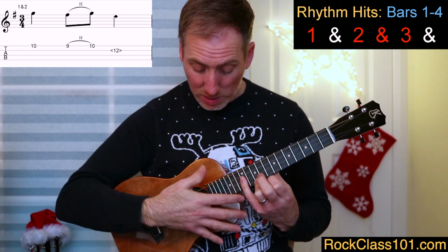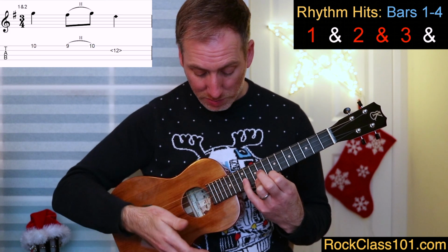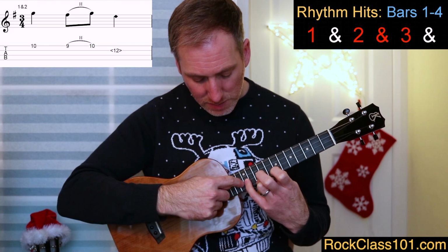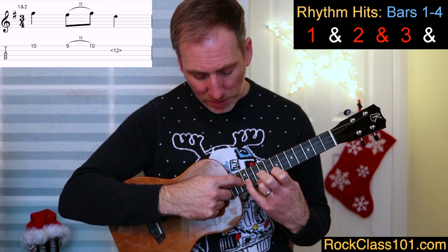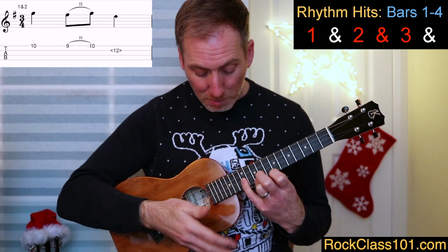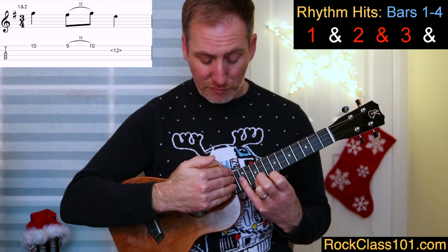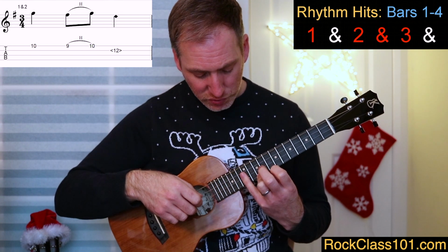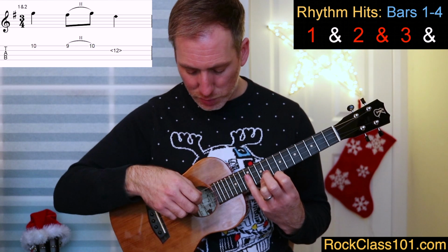Normally when we would play a note, if we were playing the 12th fret as a normal note, we'd use the tip of the finger and we'd be putting it just behind the fret wire just to get a nice clean note. If it's on the fret wire, it's kind of going to sound dull. But when we play a harmonic, we want to be directly over that fret wire, and we want to use the pad of the finger and just rest it on the string, just gently touch it directly over the 12th,